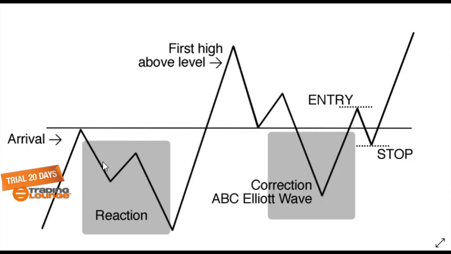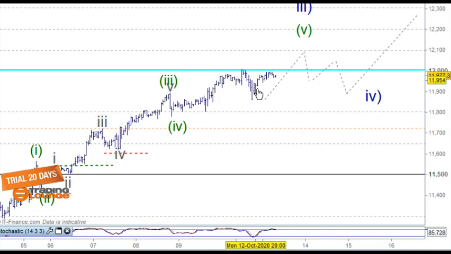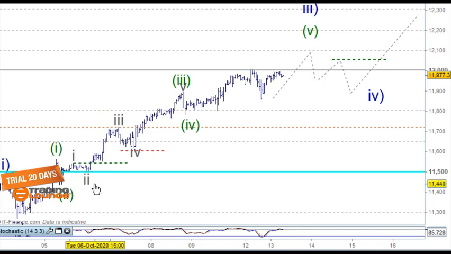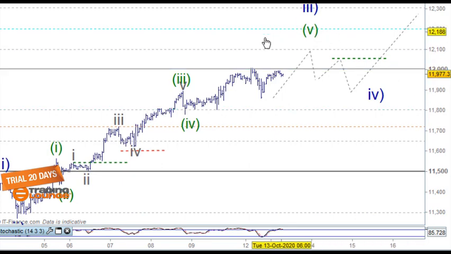But looking at it like this just makes it a little bit easier to understand the arrival, the reaction, the first high above the level, some type of correction, and then you can use these here to go long, wait for that reference point to come in, and then take the second one here. A little bit like what we've used here. I expected a larger correction here, so I'm not as smart as I think I am, but I was looking for a larger correction than the 11,500, but still, understanding this pattern here keeps you safe and gets you in the trade,